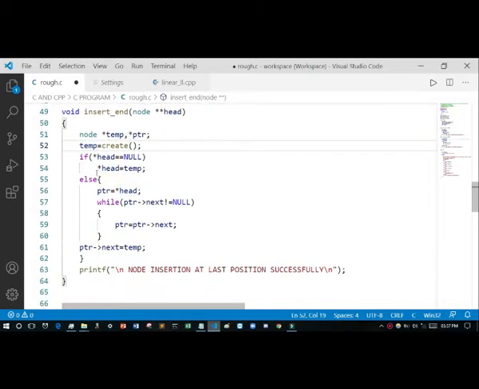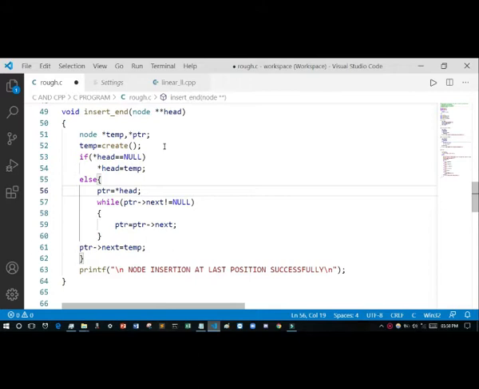Else, if you previously have any node present, then you have to declare a pointer variable that will store star head, and then insert at the end position.